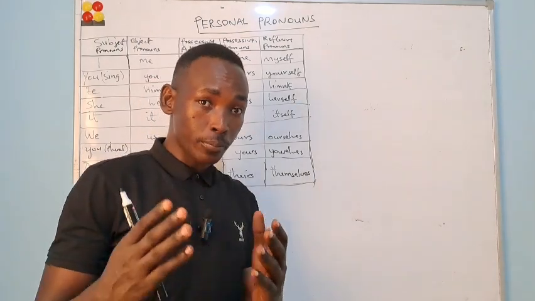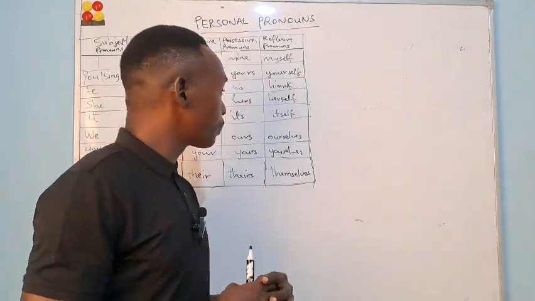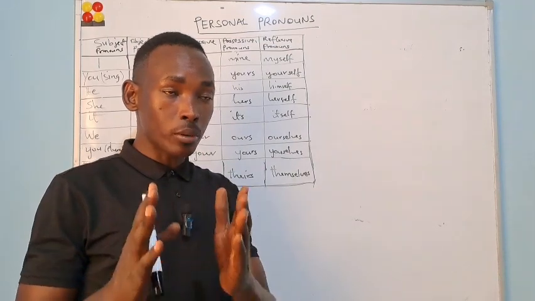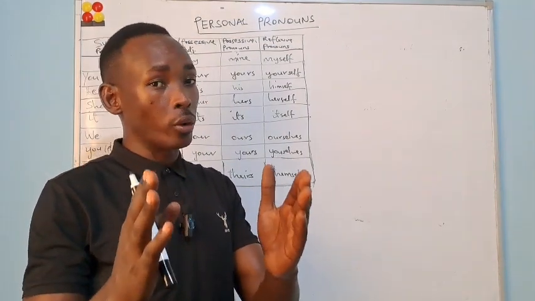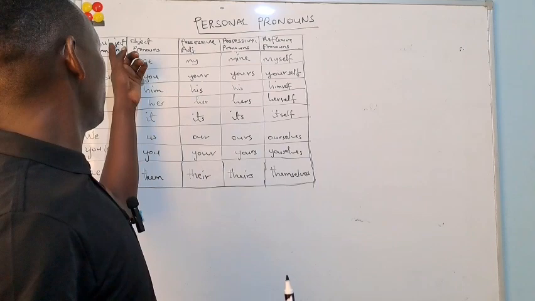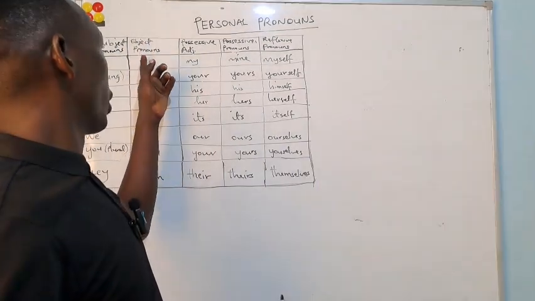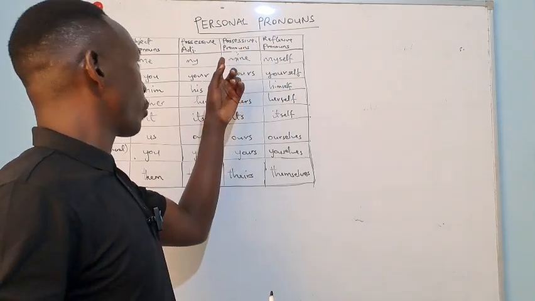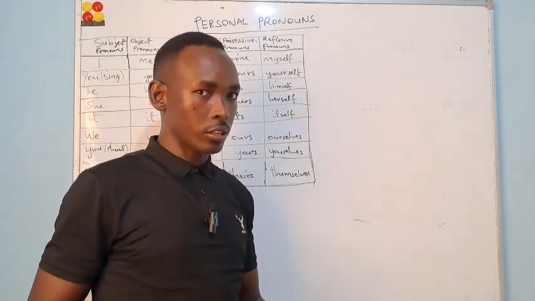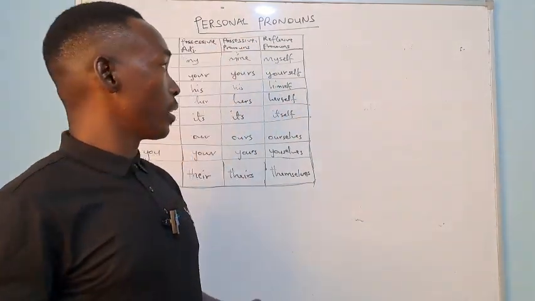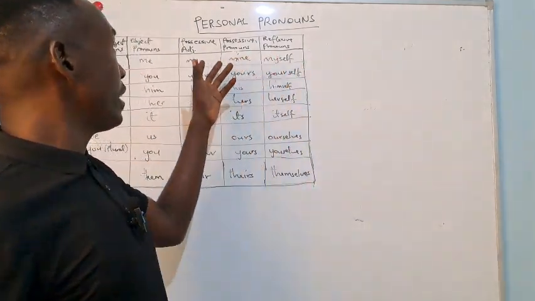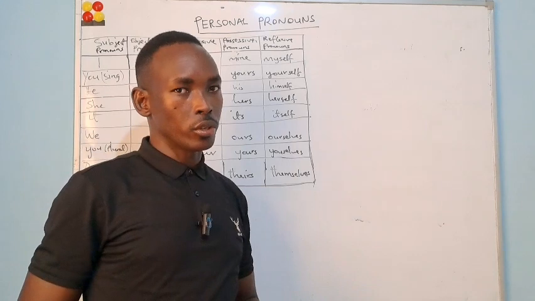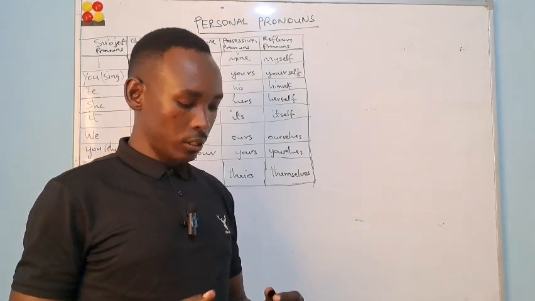From that point of view, we can see that from these basic personal pronouns, we can get other pronouns like subject pronouns, object pronouns, possessive adjectives, possessive pronouns, and reflexive pronouns. So all these types of pronouns are personal pronouns, and they originate from